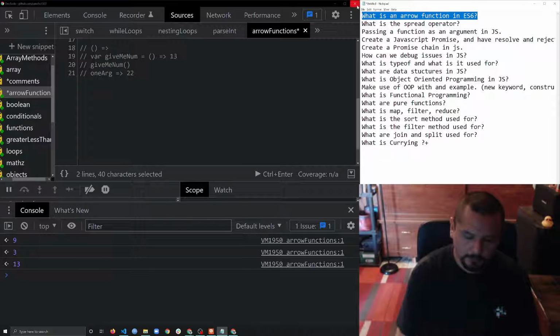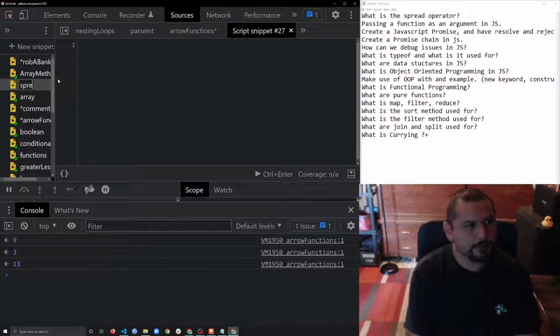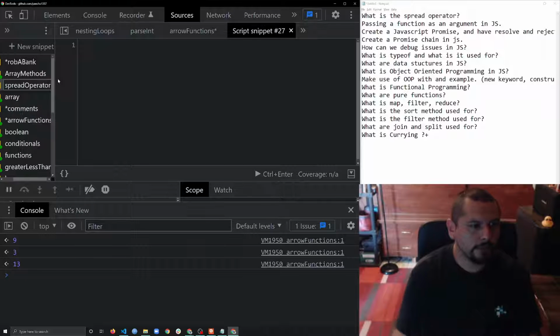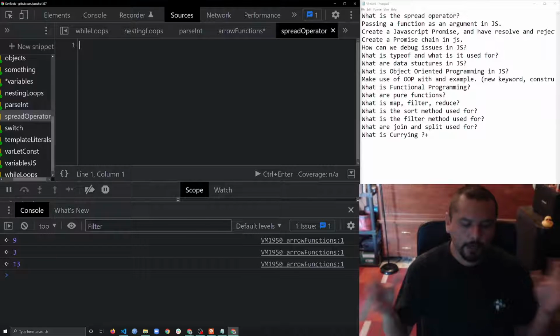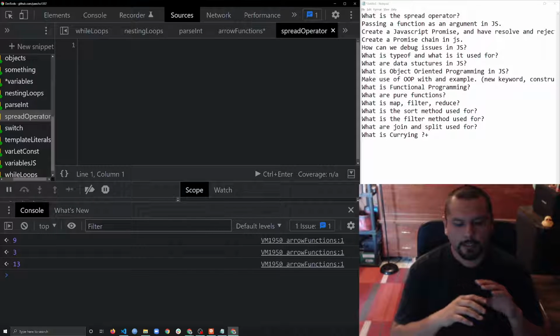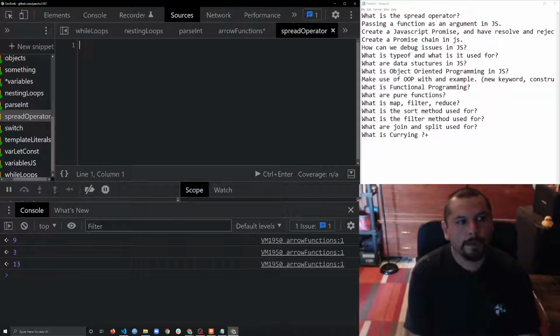Okay, so ES6, we can get rid of that. What is the spread operator? Oh, spread operator. Okay. So in JavaScript, there's this thing called the spread operator. The spread operator basically can, if you give it multiple things, it will spread them out. So let's say